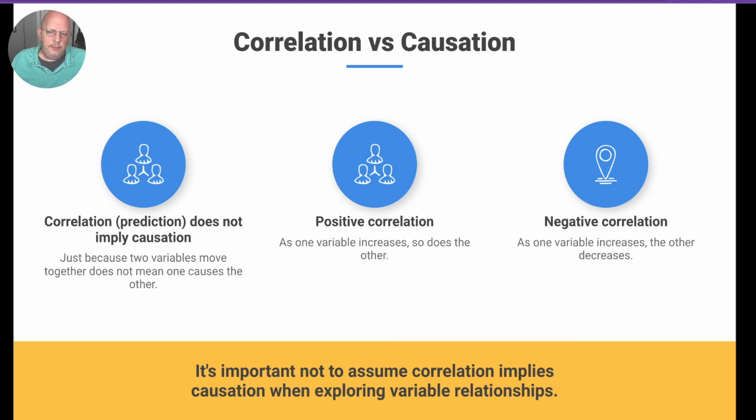And remember, positive and negative correlation don't have anything to do with good or bad. A positive correlation means that X moves and Y moves in the same direction. They both go up, they both go down. That's important to remember too. A positive correlation means, if the number of rooms goes down, the price of the house goes down. A negative correlation does the opposite. One goes up and one goes down. One increases and one decreases. And neither one of these is good or bad. It just really depends on your data set.